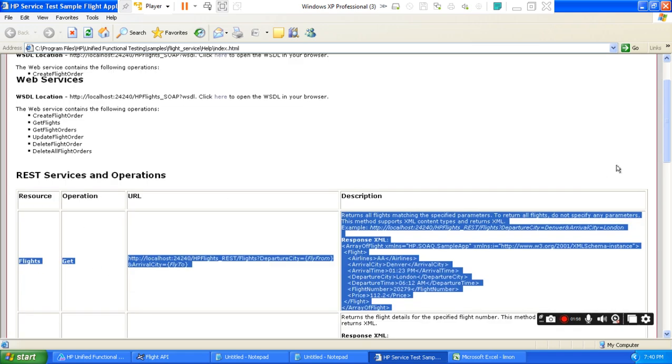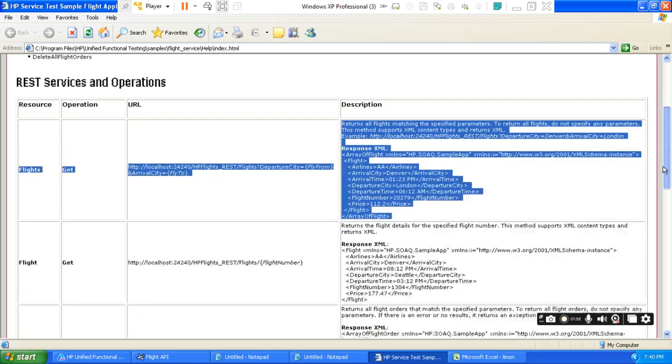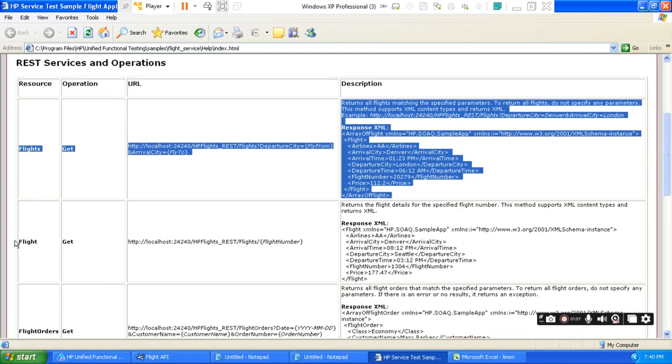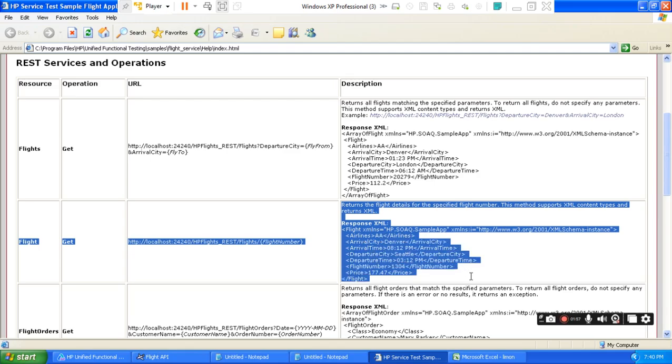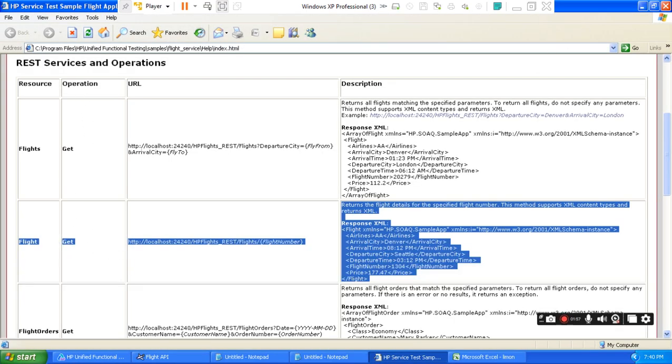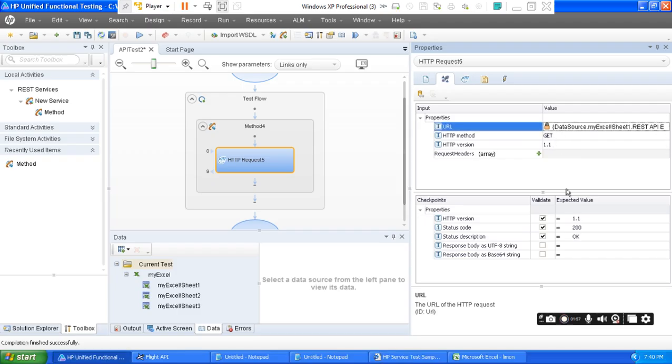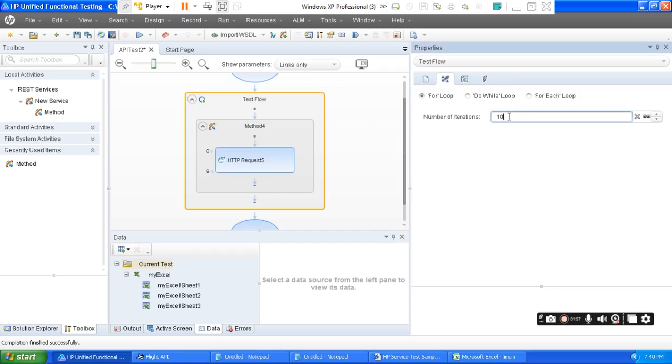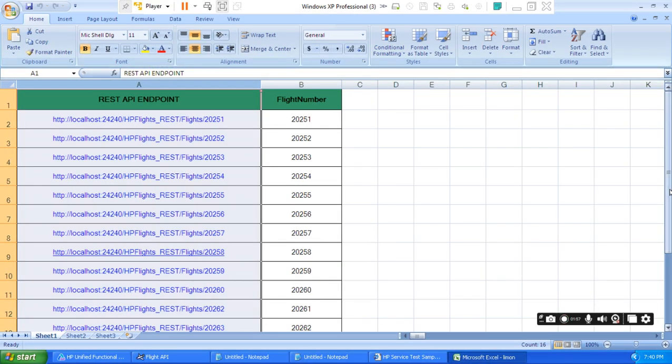This is the endpoint I'm checking. This is the web service that I'm checking, and this is positive testing. I will be checking for different flight numbers. So the operation is GET, the version is there, and these are the checkpoints. And I will be changing the iteration to 15. I've changed it to 15 because there are total 15